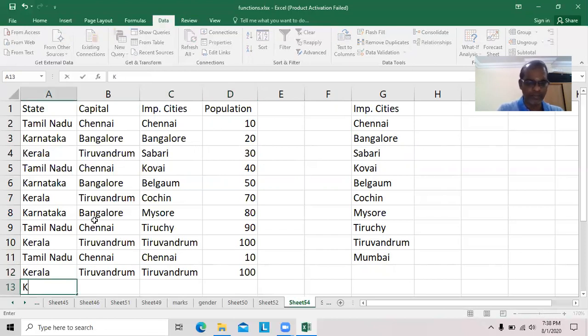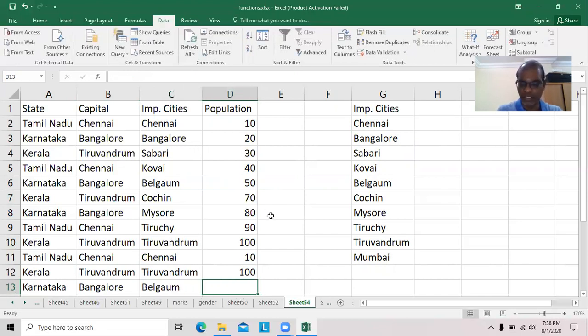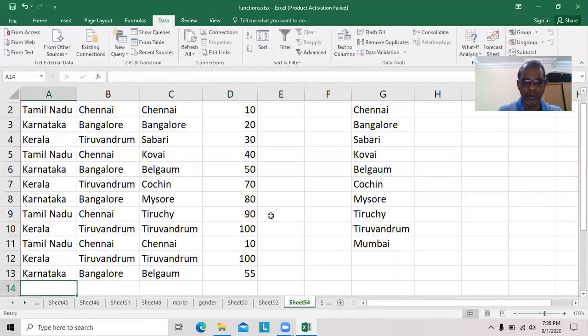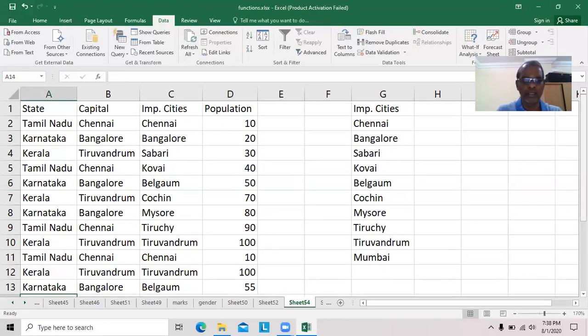Then I type Karnataka, Bangalore, Belgaum. Instead of 50, I just type 55, assume. So we know very well, here Chennai is repeated, Trivandrum is repeated, Belgaum is repeated. Out of this, Chennai contains 10, here also population is 10, it's correct. Trivandrum population is 100, Trivandrum population 100. Belgaum population is 55, here 50, okay.